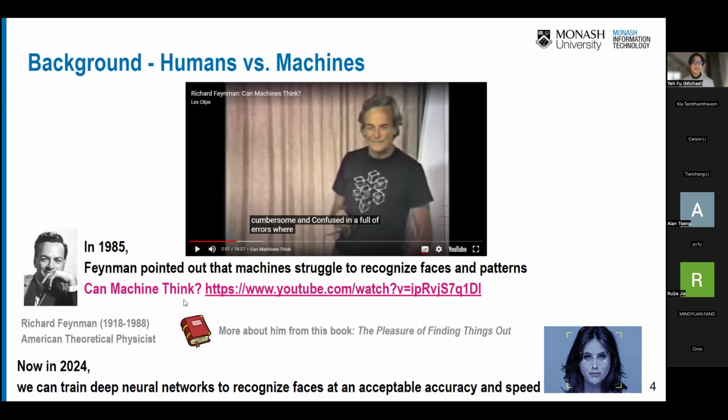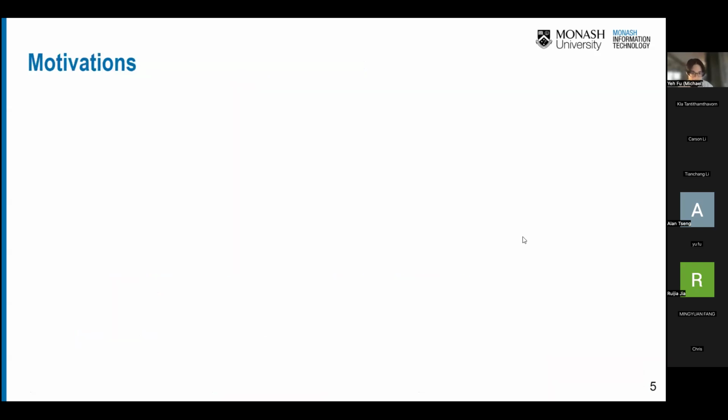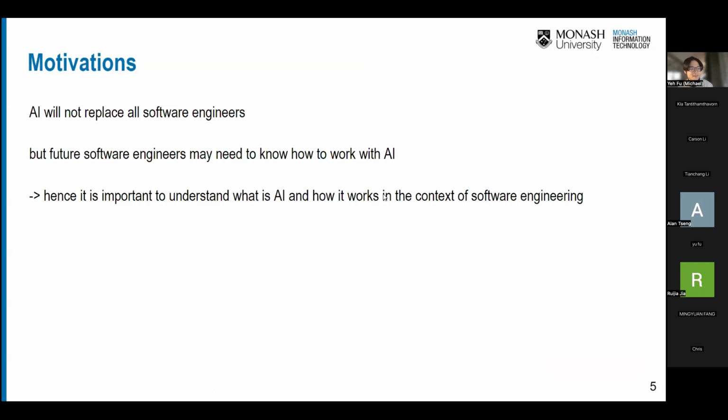So basically, thanks to growing computing resources like GPUs and cloud computing, and terabytes of data to train the model, it can recognize the human face. Basically, it solves some problems that were raised like 30 years ago. So the motivation of this talk, a short conclusion, is that AI will not replace all of the